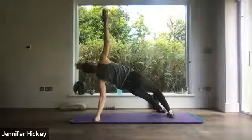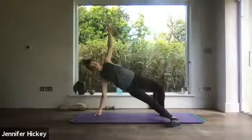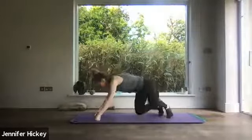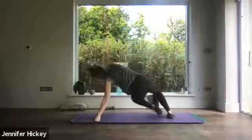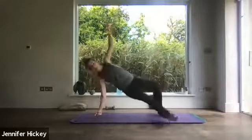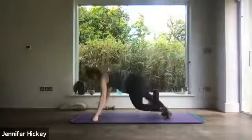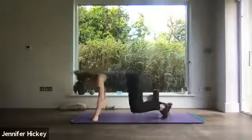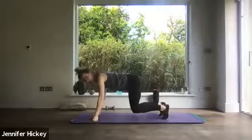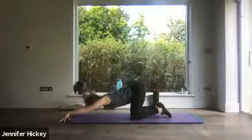Keep that sense of lift. Let's go again. Breathe. Remember your options if it's not feeling like it's going to work this morning. And again, rotate, lift. This is your last one. Come through center, hold for a moment, organize your body, then knees down,